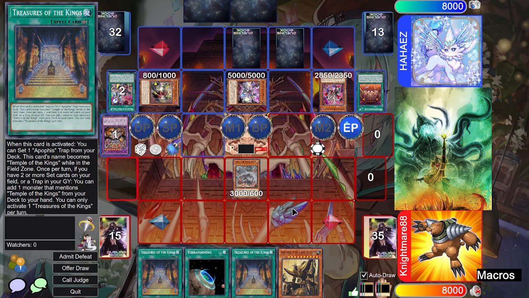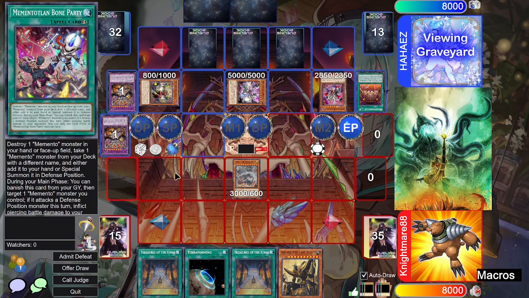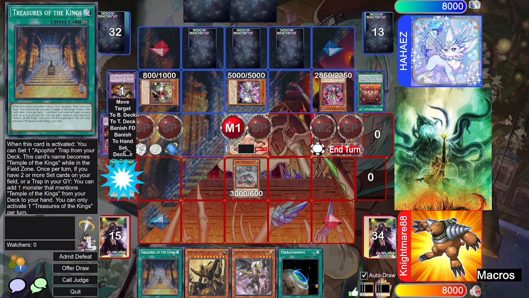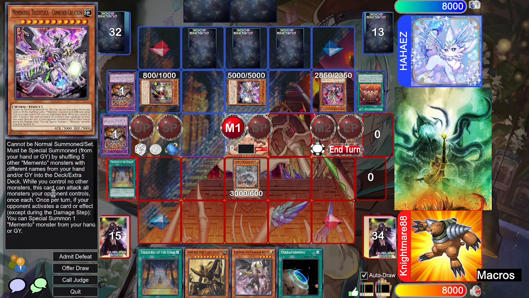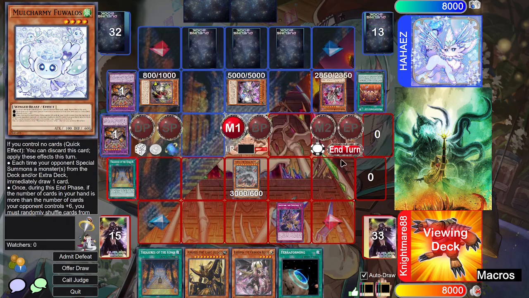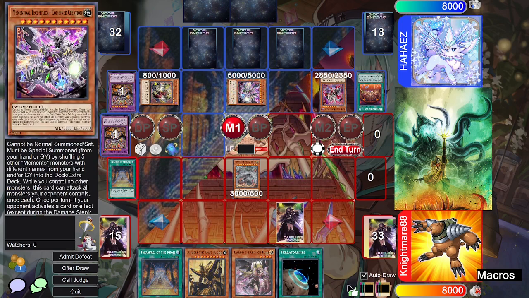Alright, Treasures of the Kings does say you can only activate one per turn. Memento Mixlon. Alright, draw for turn. That's a really unfortunate draw. Alright. Well, nothing to be done but activate Treasures of the Kings. Oh, and the freaking Darkblade will be summoned on res. Or... Okay, so we'll set Apophis the Serpent. They will go Combined Creation. Yep. Combined Creation will revive...